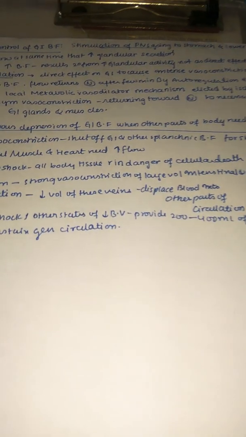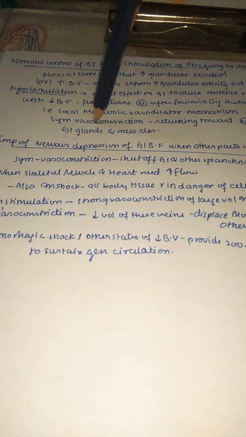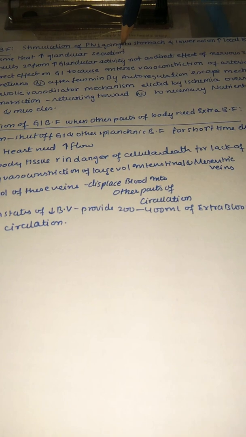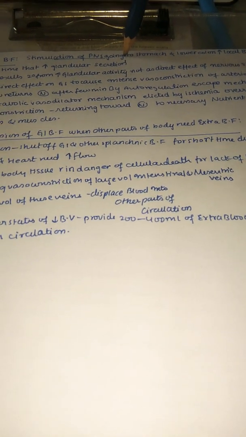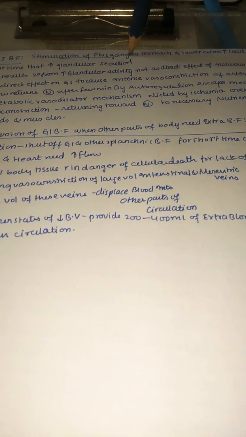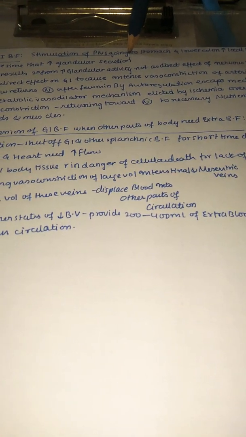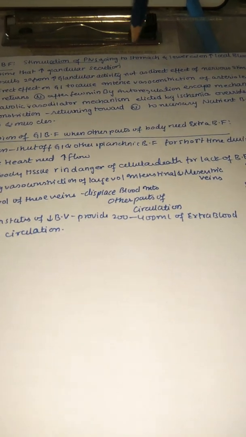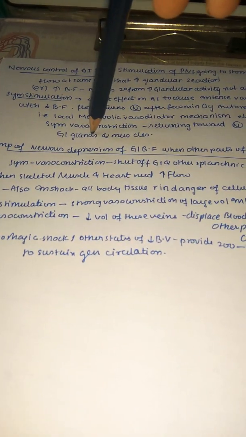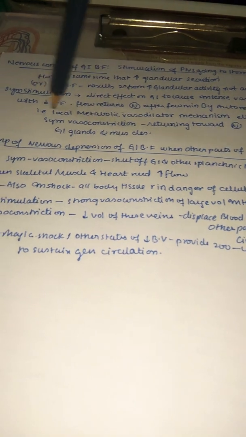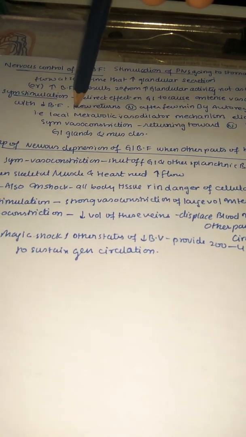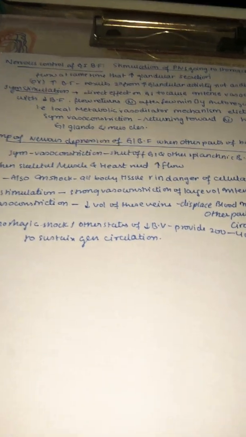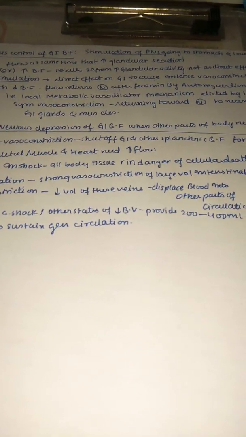So you can see here, because of sympathetic stimulation, blood flow is decreasing, but due to the parasympathetic nervous system, there is an increase in local blood flow. Even though the parasympathetic and sympathetic effects are similar in most kinds of tissues, the blood pressures are different. Because of the parasympathetic nervous system, blood pressure usually decreases. Because of the sympathetic nervous system, blood pressure increases, but because of sympathetic stimulation, blood flow decreases because of vasoconstriction. Because of the parasympathetic nervous system, the blood flow increases because of vasodilation.